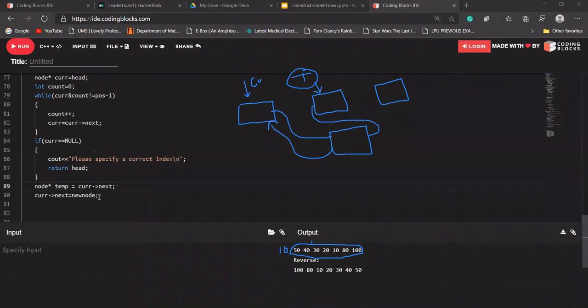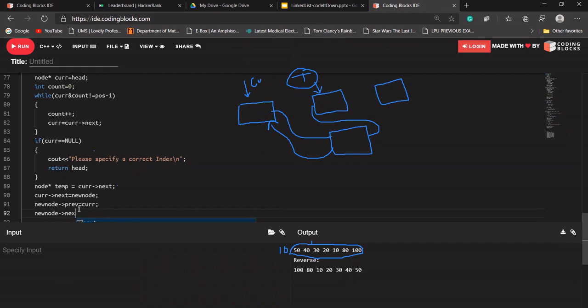Let me write this code as well. New node's previous should point to current, as well as new node's next should point to temp, because we want to add the new node before the temp.